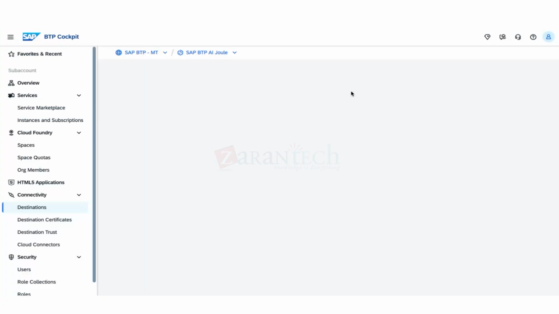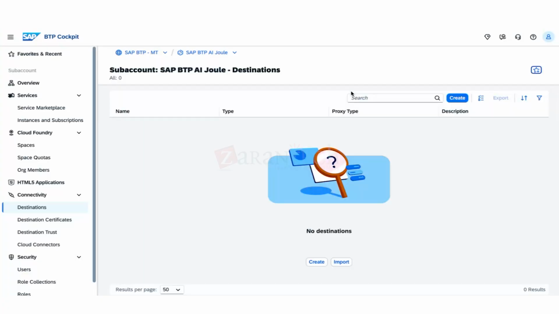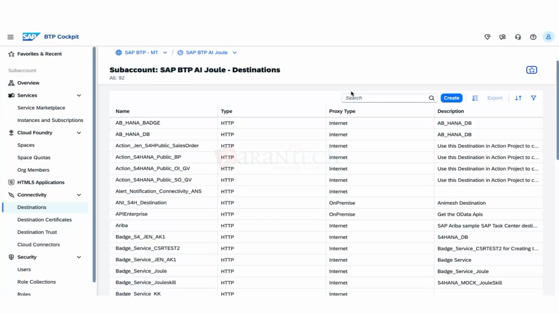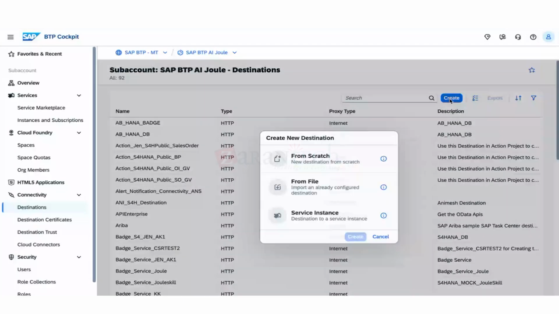So again, what are destinations? Destinations are nothing but your predefined endpoints which you will use in BTP. Okay, so these will allow you to securely store your sensitive information, which you can use to connect to any system, like your client credentials, sometimes your keys, your certificates, whatever it might be under your requirement, all of those come in here. To create the destination, you will just simply create the destination here. If you go to create destination,